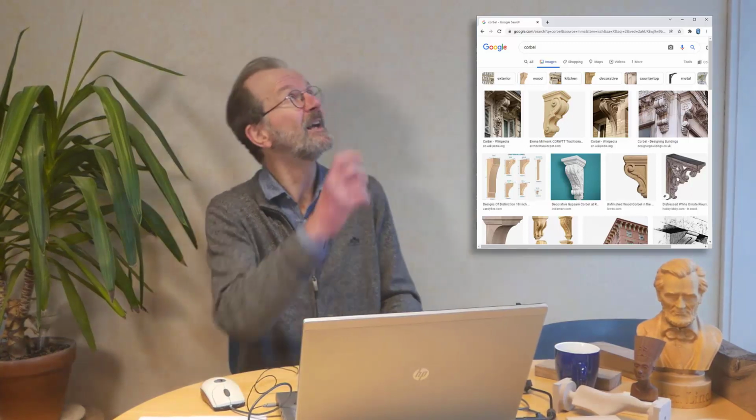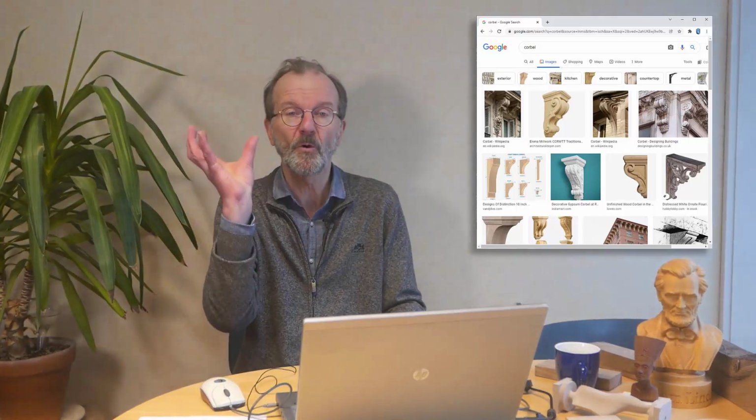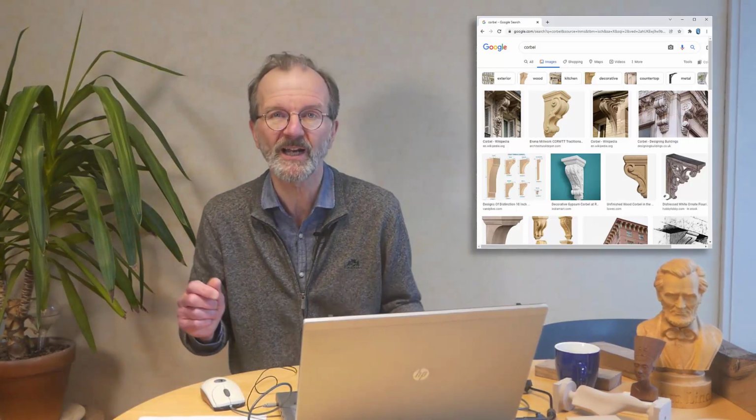We are going to machine a corbel. This is a corbel. It's a part protruding from the wall to support a ceiling or a beam to support anything, nicely decorated in most cases. We downloaded this corbel from 3axis.co. It was a free download STL file. And I want to machine that in